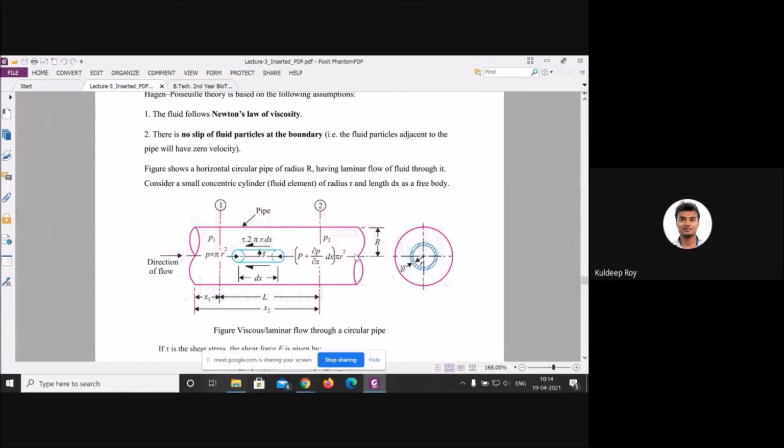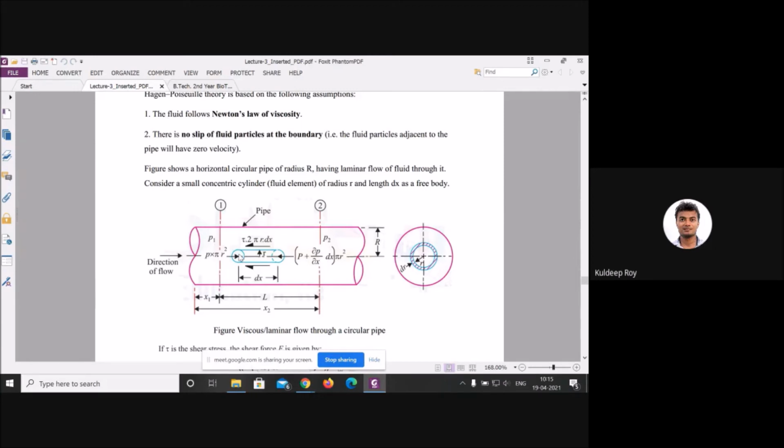This particular region has been shown here also. Now, two to three things. First of all, the pressure force, if you want to define it, is P multiplied by area, and here it will be P plus ∂P/∂x times Δx, multiplied by πR². Why P plus ∂P/∂x Δx? Because ΔP will be the change in the pressure with respect to Δx.